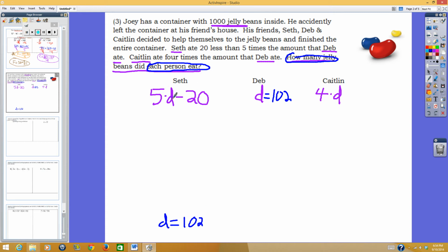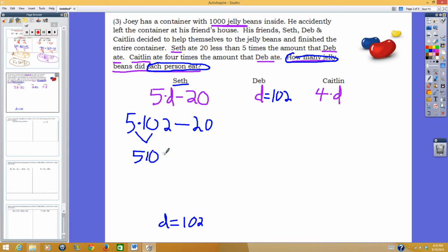Seth had 5 times what Deb had, minus 20. So at this point, to figure out how much Seth had, you would just plug in what Deb had into his equation. And that's that whole substitution evaluating thing that we did towards the beginning of the year. So it'd be 5 times 102 minus 20. What would you do first? If you follow PEMDAS, parentheses, exponents, multiplication, division, addition, subtraction, you would know that you have to multiply first. So 5 times 102, these two things gives you